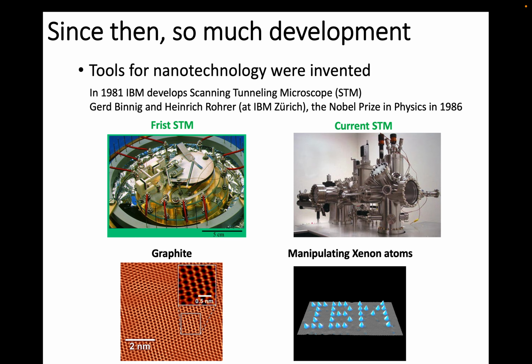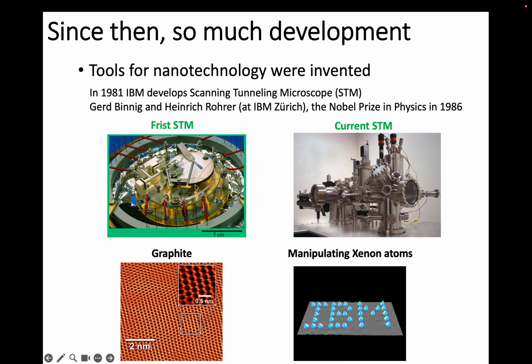Okay, this one is a very short span. Usually, the Nobel Award is given after many years, because we need to prove that those ideas are valid, and it just needs time. But it was given just 5 years later, and you can imagine how impactful this tool was. This is actually the first STM developed by these two scientists.